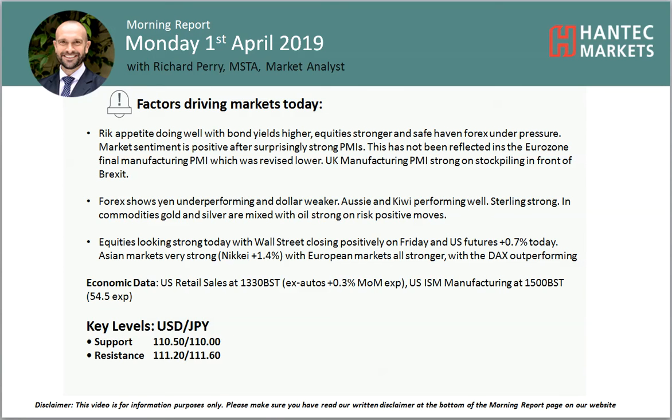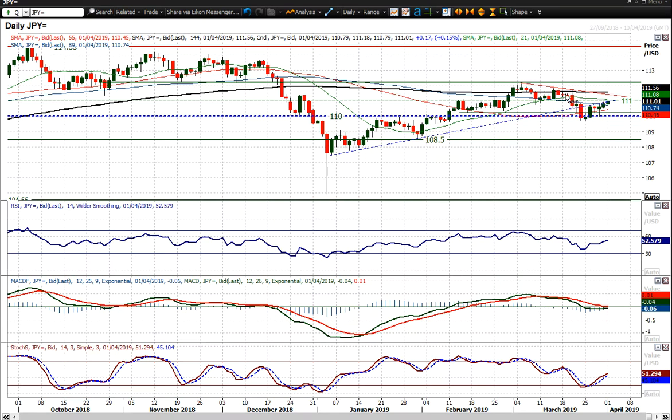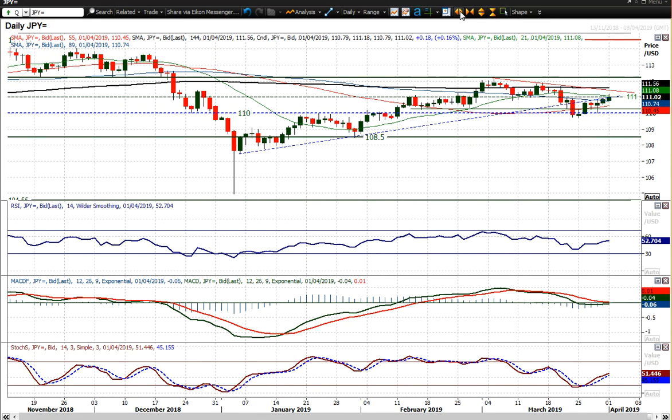Let's have a look at dollar yen, which has been creeping higher in the last few sessions as risk appetite has improved. Obviously we've got this broad improvement in risk sentiment today, so we're seeing dollar yen ticking higher, even though the dollar, broadly speaking across major currency pairs, is weaker. But dollar yen is ticking higher, and we can see that through the interesting improvement in RSI back above 50,